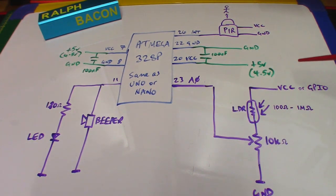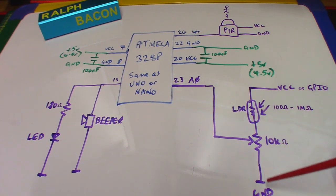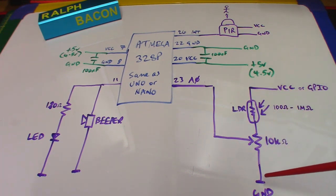But the interesting bit is that normally we'd connect this to VCC, so in this case 4.5 volts. The trouble is, if we connect this to the battery at all times, then power is going to travel down here through the LDR, through the 10K and to ground at all times, 24/7. Even if this is an extremely high resistance, say nearly 1 megaohm, you're still sucking that power out all the time without fail, and that will flatten the battery quicker. So what I do is power it not from VCC, I power it from a GPIO